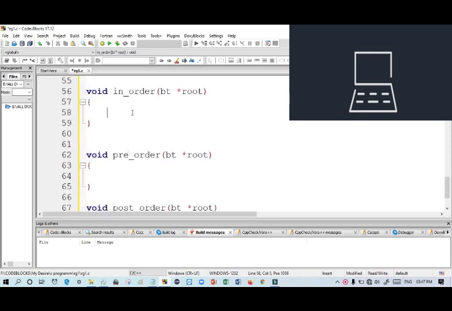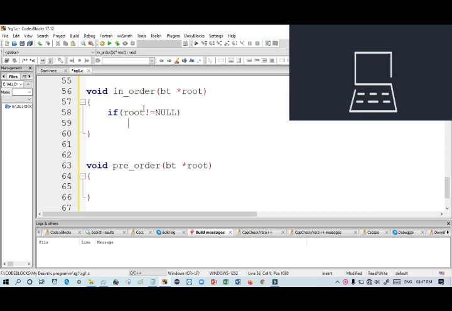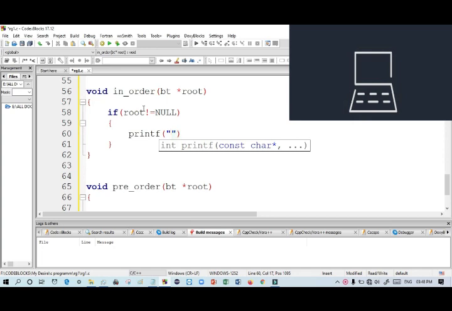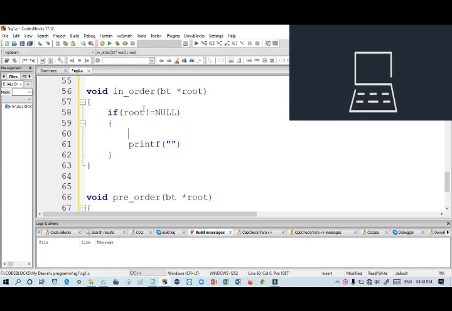So now here we have to check whether it is null or not. Until it is null, we have to execute the if statement. Then if root not equals null, then printf. No, it's in order. At first you have to go left, then root, then right.